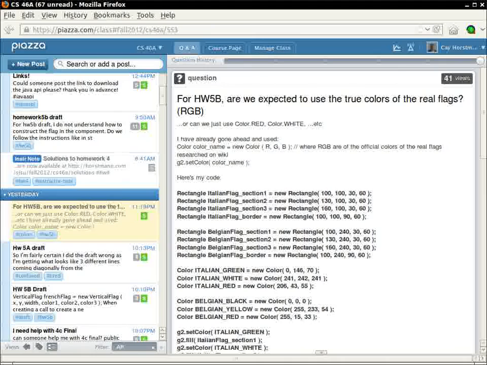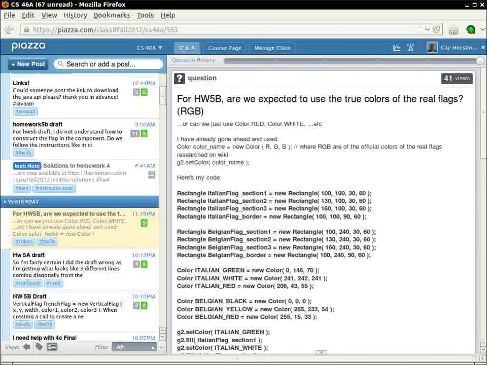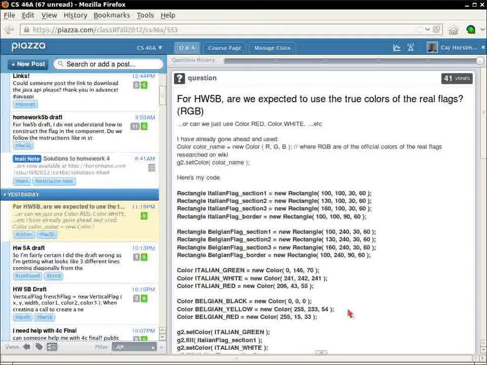So if your flags are at a different position, as long as they're visible, if the colors are reasonably like the colors that one expects, everything will be fine. You could try to experiment and see what the grader is willing to take. What if you make it pink instead of yellow? Would the grader notice? I have no idea. But it doesn't exactly matter.